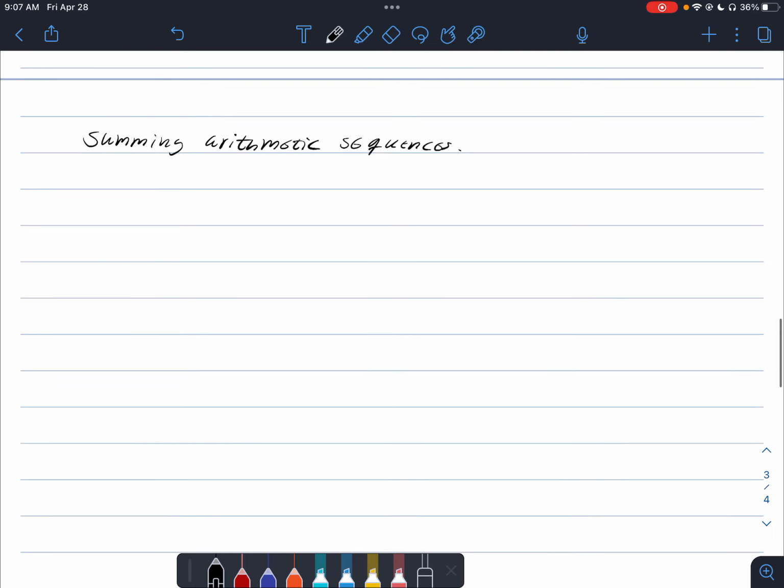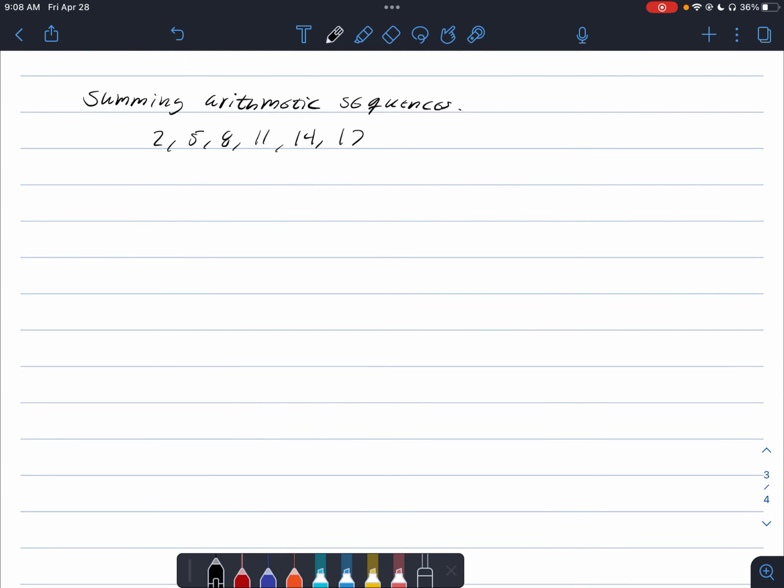Okay, we're going to consider the example 2, 5, 8, 11, 14, and 17. Okay, so what you might notice is that the common difference between each of these is 3. Each term is 3 higher than the previous term. Okay, and so